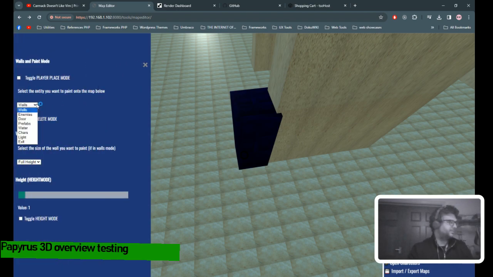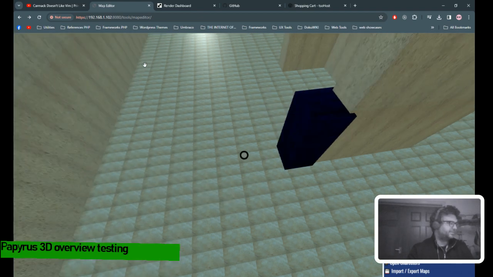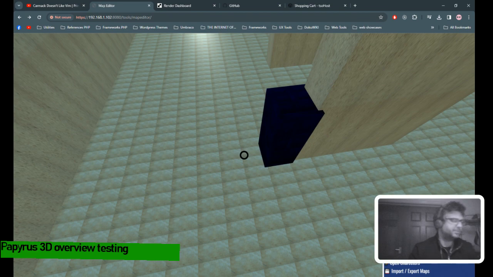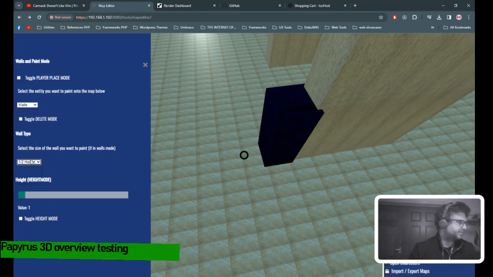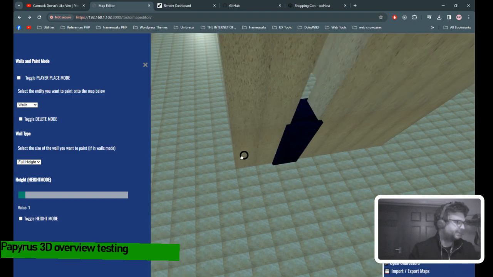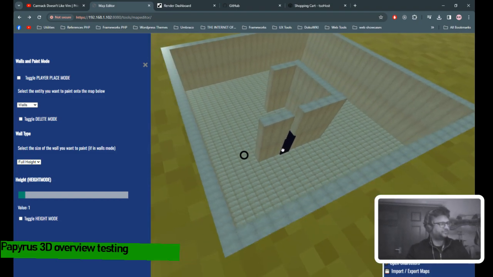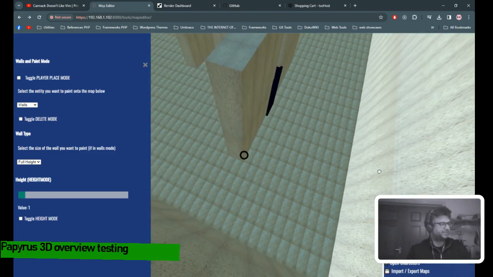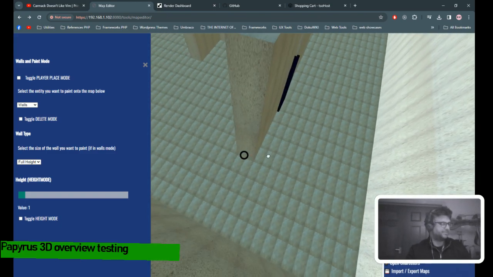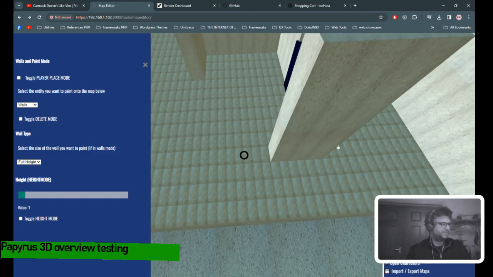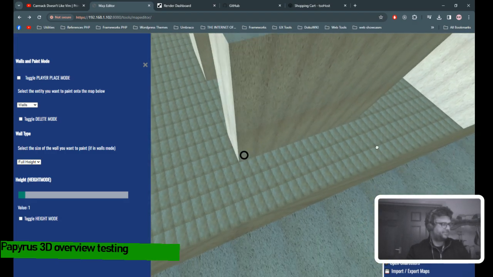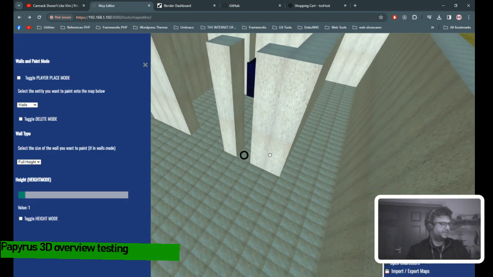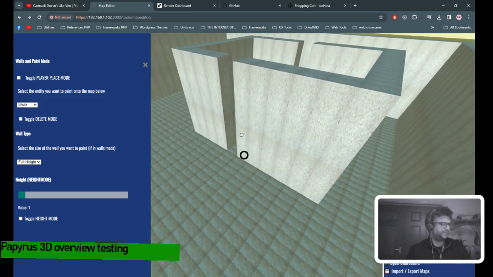Walls. So the interface probably could do with a bit of improvement, but I can just sort of do it as I go along, as it were. Let's try that again, it should work. There we go. So yeah, it's a bit cumbersome. Obviously I need to improve it, but you can basically paint on. This is all in browser as well, which is the thing to remember, I suppose, which makes it slightly more interesting. It's all done in JavaScript and WebGL using A-Frame.